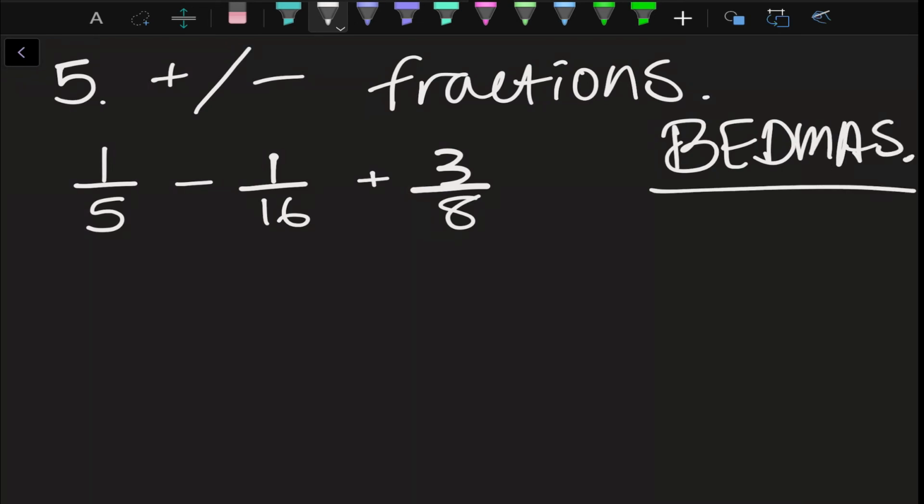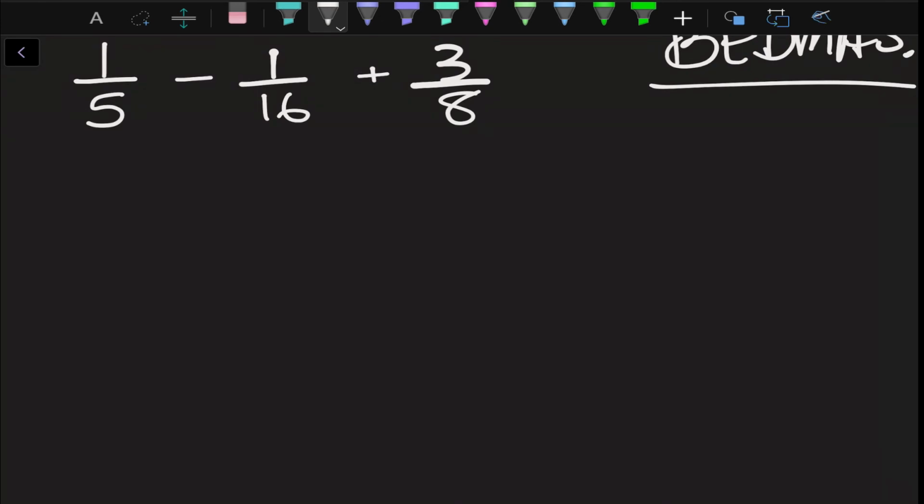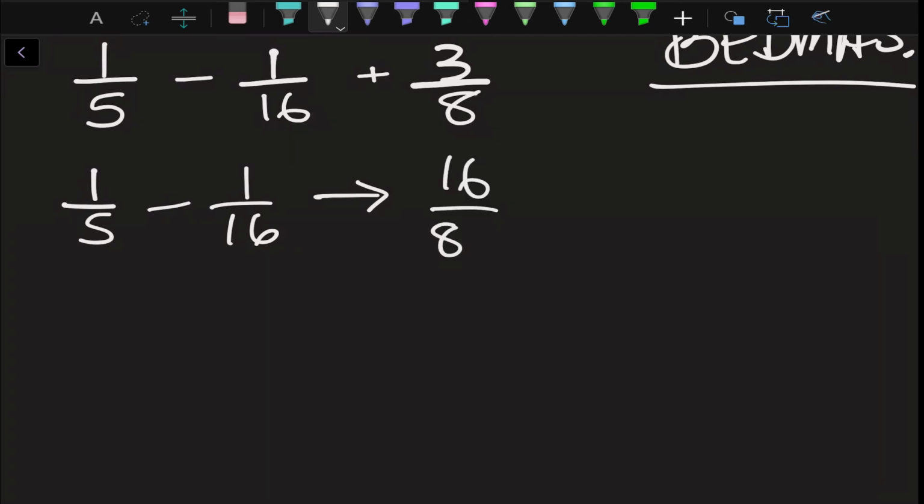But who knows, you probably know it by heart, so we know that we can do our subtraction or addition first. I'm going to start with subtraction. So I'm going to go 1 over 5 minus 1 over 16. 5 and 16, if you're unsure, the greatest common multiple is 80. So we're going to end up multiplying 5 by 16. So I get 16 over 80. Subtract, 16 times 5 is 80, so I get 5 over 80,